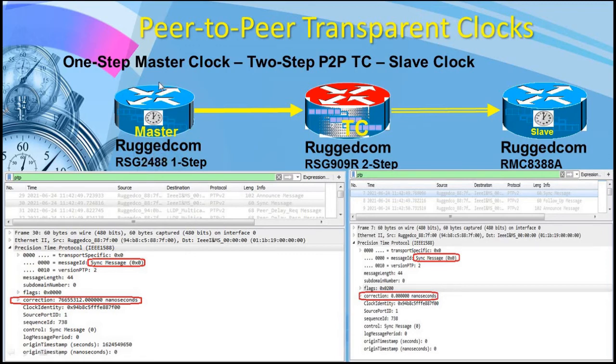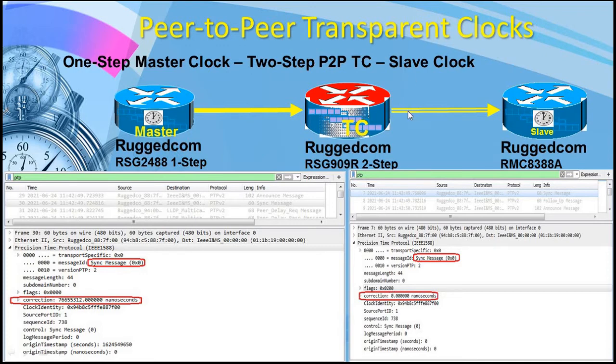Because this master is a one-step master, we can only see sync messages on the ingress port, with no follow-up message. In ingress, this is the sync message correction field value. On the egress port,